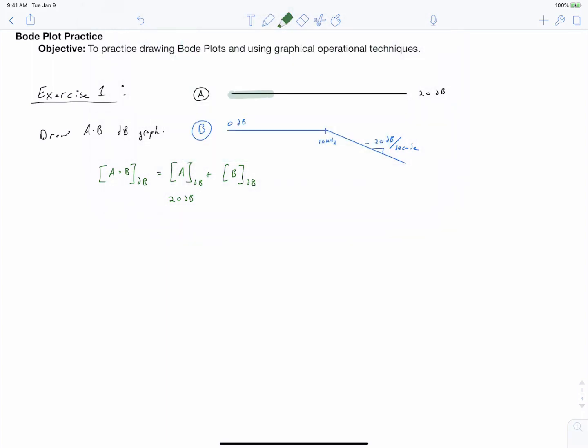We start at 20 decibels, and at 10 kilohertz, B starts to go down at a rate of negative 20 decibels per decade, while A remains constant. So we subtract off 20 decibels per decade starting at 10 kilohertz, going onwards. So we're left with